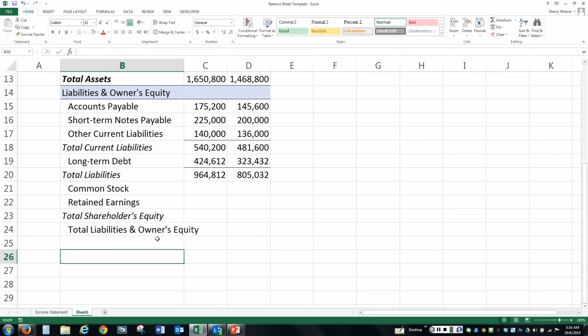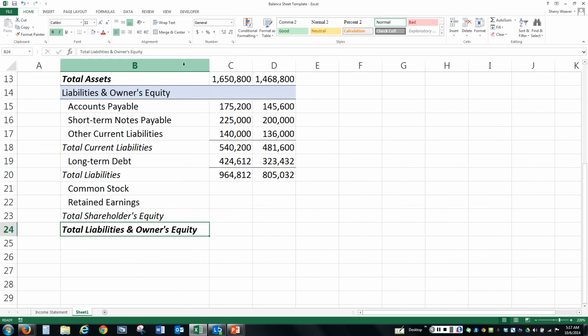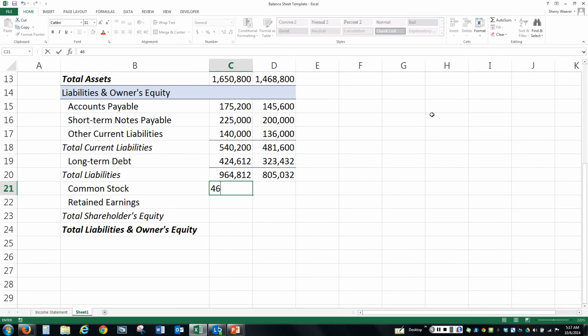Okay, so moving that to the left side, and we're going to bold and italicize it. I'm going to make the column a little wider so it'll all fit in. And now we'll enter the numbers in. For the common stock, for the common stock we have 460,000. And the retained earnings is